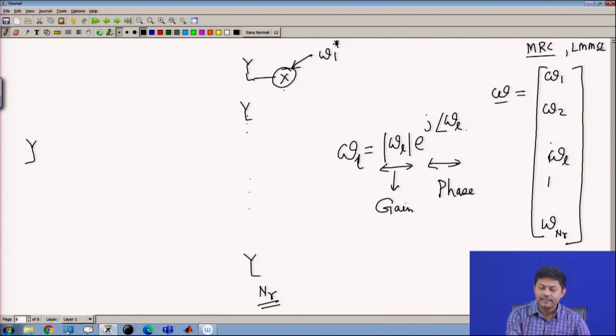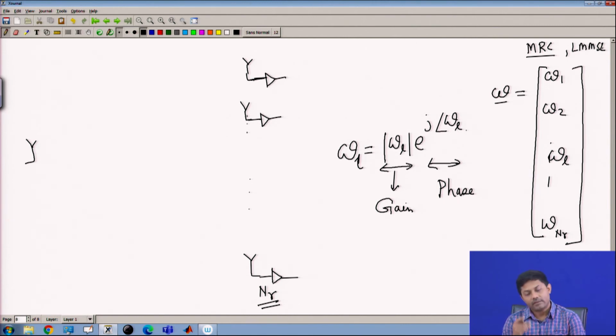So, which means that this multiplier, whatever I have drawn there, instead I just make a small change here. What is the small change? Each and every antenna is anyway fed through an LNA. Which means that every antenna anyway comes with a gain circuit, it is an amplifier. That is there anyway, because every antenna may have a different gain or may have a gain disturbance. To improve that gain, I have to have an LNA. So, that part I cannot avoid. So, I have an LNA already sitting there.